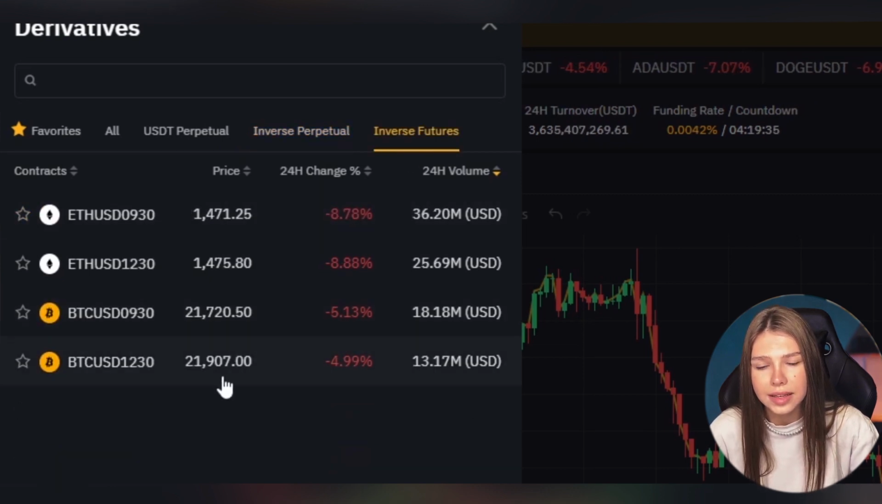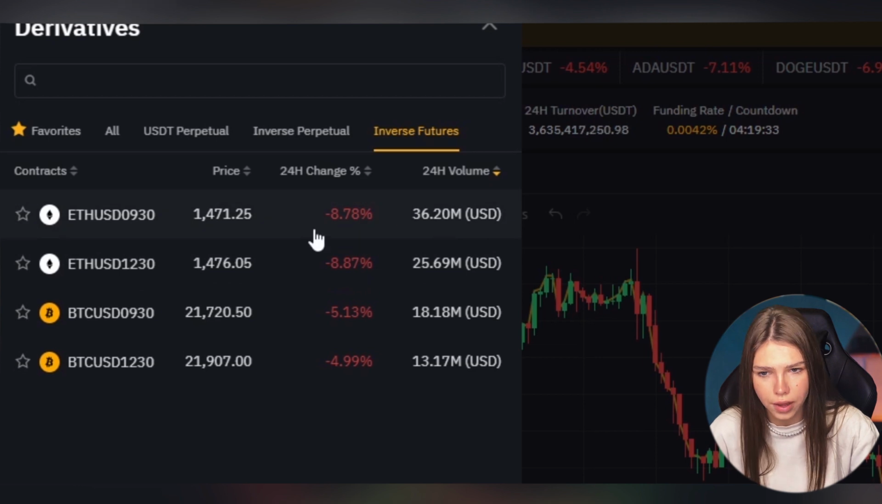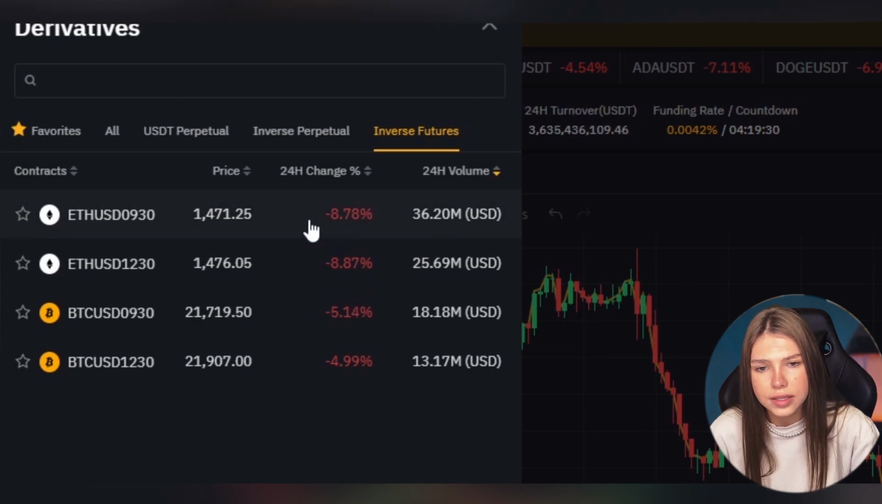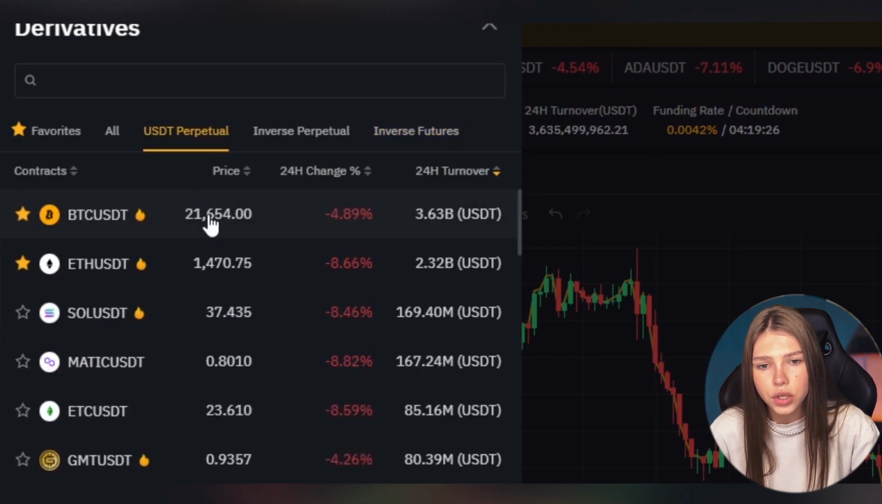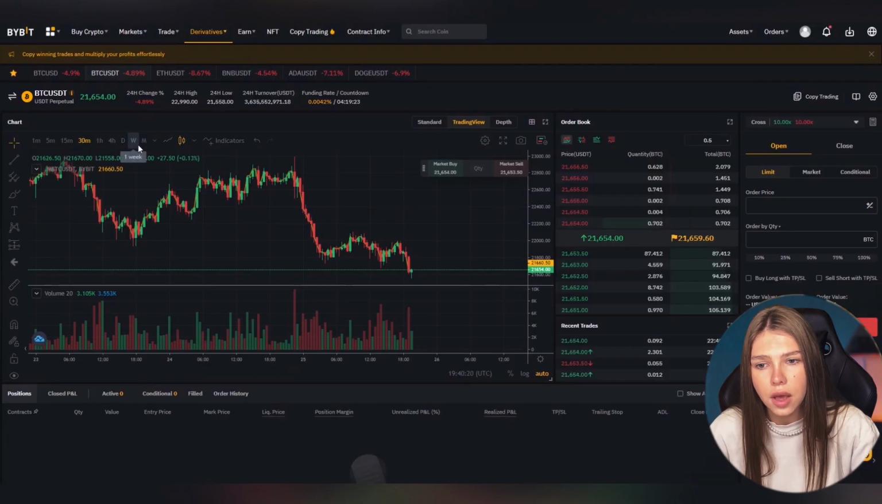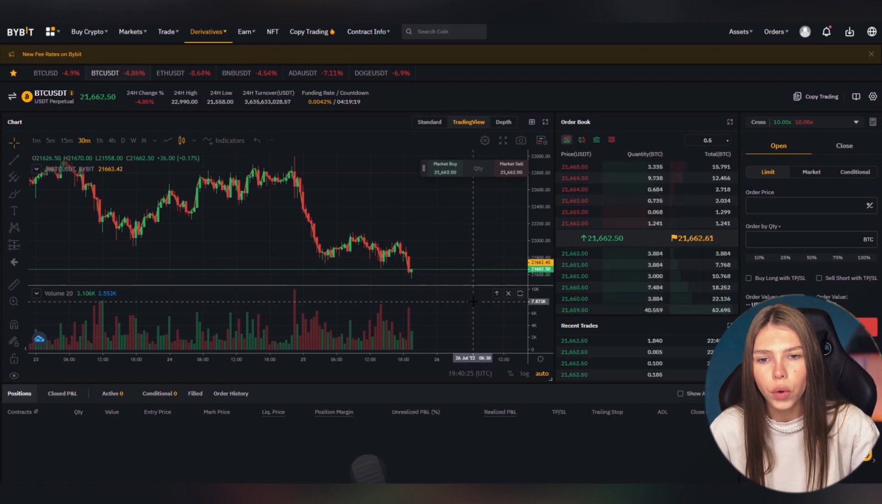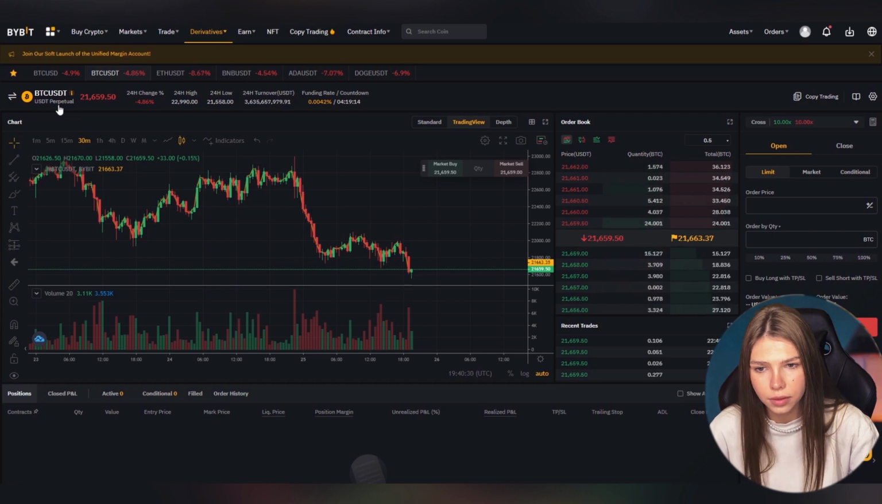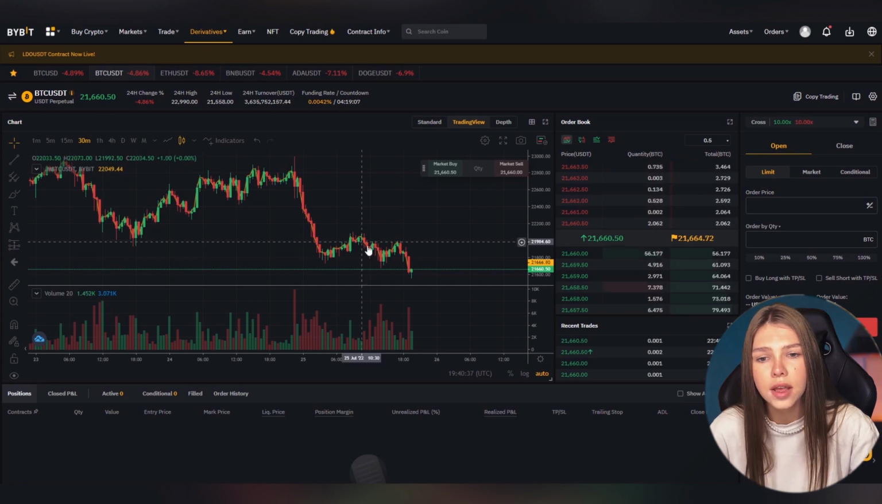Inverse futures actually have an expiry date on them. So you can go in and trade these if you like and actually trade towards an expiry date, but we're just going to stick with USDT perpetual right here and then just stick on Bitcoin. So what we have now is the Bitcoin market, the most popular market, right? So US dollar Tether against Bitcoin, using US dollar Tether to fund our bets,